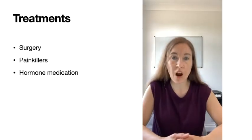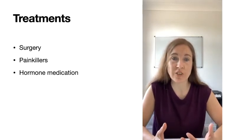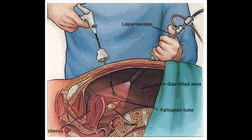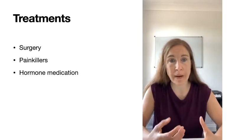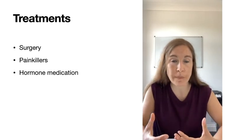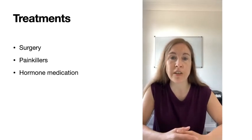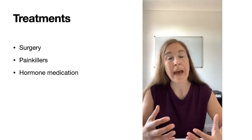So what treatments are available to people who have got endometriosis? First one I'm going to talk about is surgery. Obviously with surgery, the aim is to reduce or remove as much ectopic endometrial tissue from inside the abdominal cavity where it shouldn't be. Now obviously this is mostly structural in treatment nature, so if it's wrapped around your bowel and it's impairing the bowel function because of the structural changes, it may well help with the bowel functioning. It may also overall reduce the inflammation that's being released inside the abdominal cavity from the ectopic endometrial tissue as well. However,